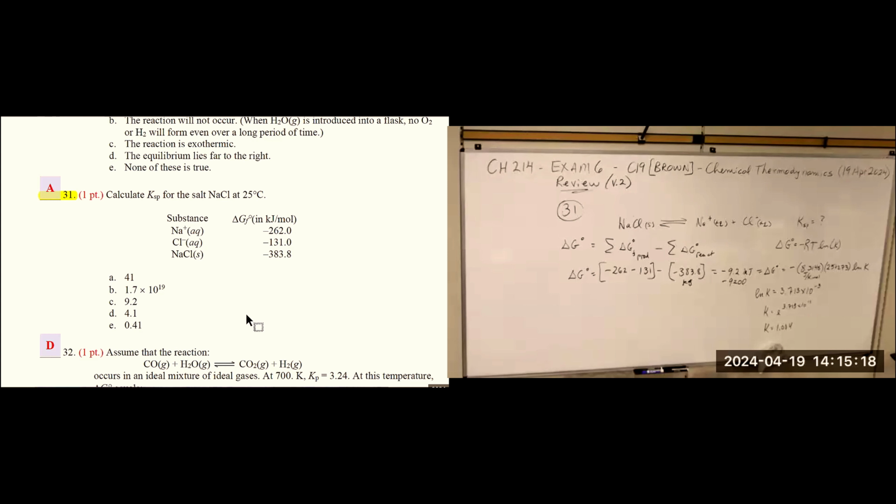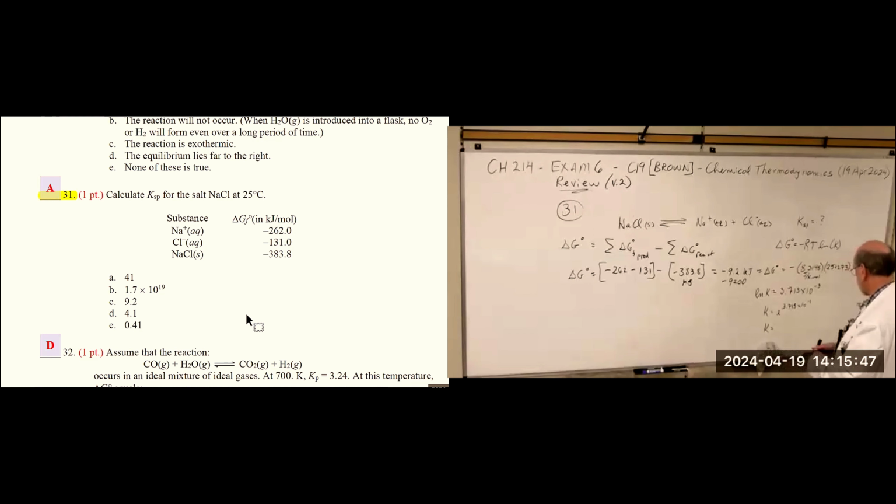And then I had to change this. I forgot to change that to joules, because this value here is just joules, and that's kilojoules. Okay, there's the K. And the reason I have to change this to joules is because that constant is joules per K mole. All right, so if I do that, then